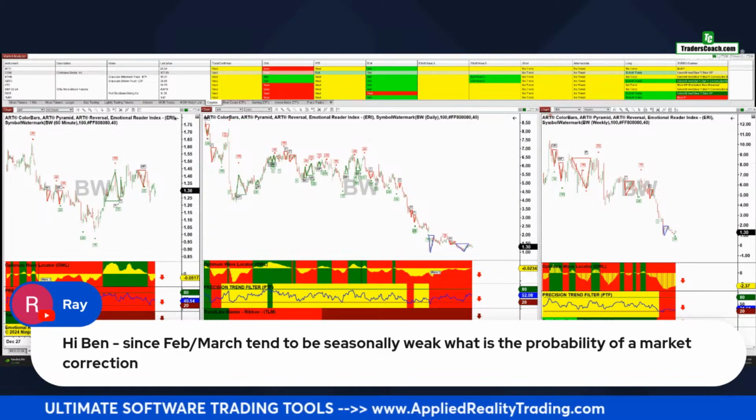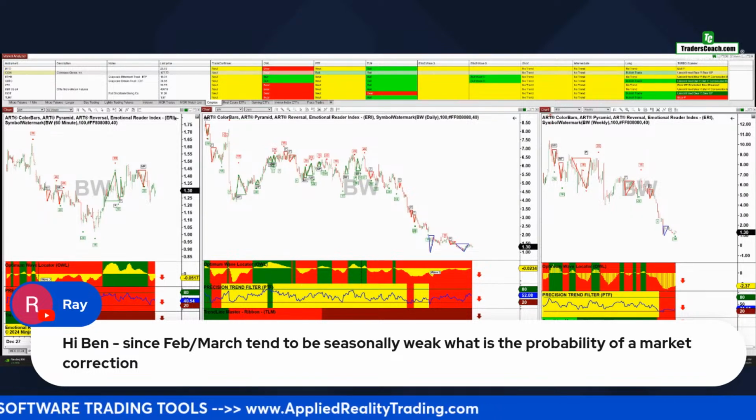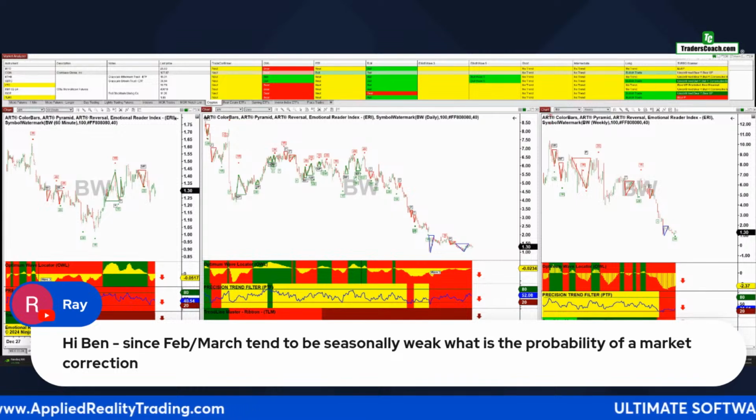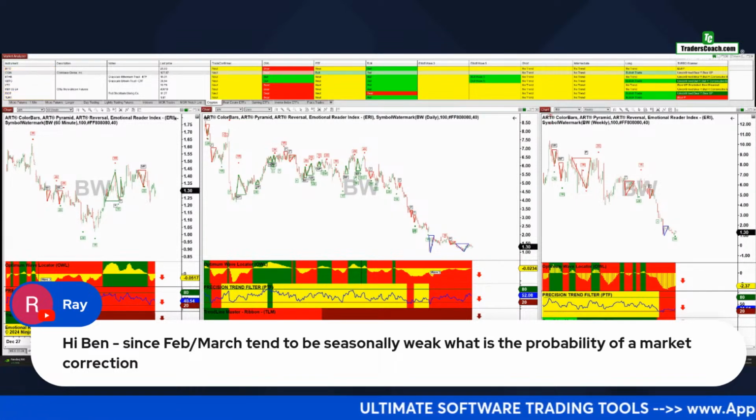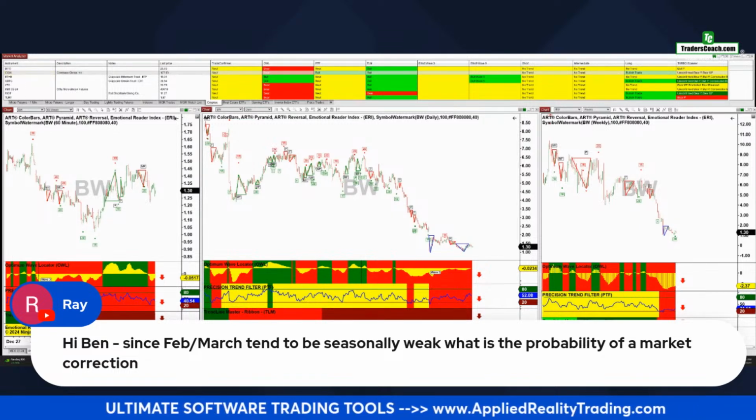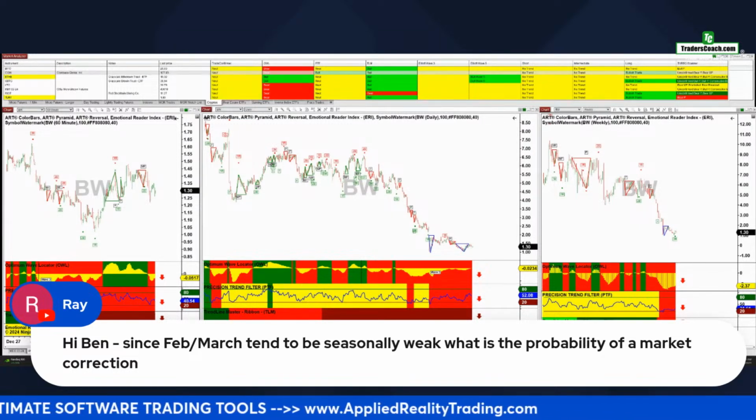If we get to that target zone quicker than anticipated to the upside, then it could be sooner. But I think short term, to get back to your question, I wouldn't be surprised if in the February, March timeframe that we're in now, we probably should see some profit taking. But then after that, we should get another surge for it.